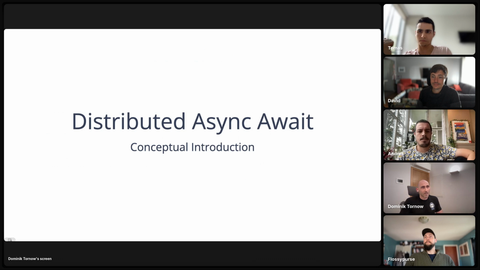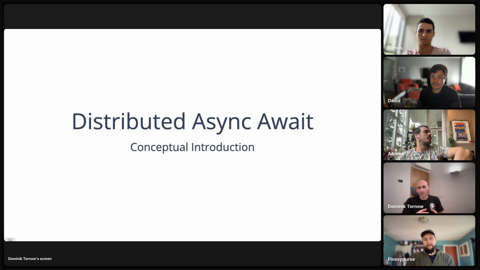For the conceptual introduction, and again my favorite part, I'm going to be talking about distributed async await. Building modern cloud native applications is characterized by its inherent complexity. At Resonate, we focus all of our efforts on reducing that complexity. Our goal is to make modern applications dead simple.